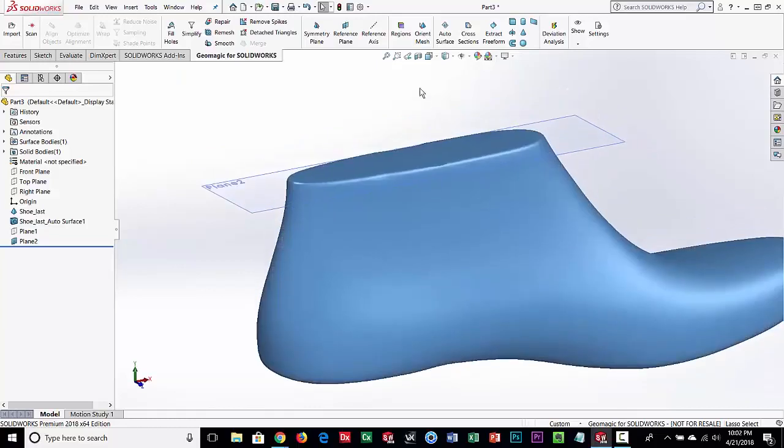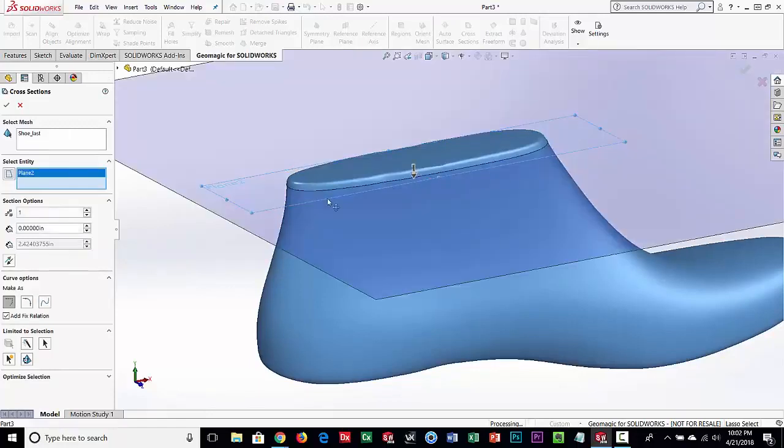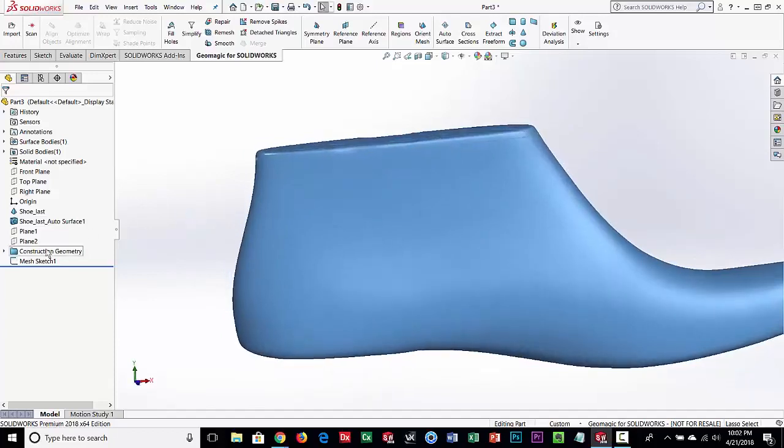So what I want to do now is run a command called cross section, and I'm going to pick this plane, and you can see what it's doing. It's actually cutting a plane through the scan data and creating a sketch. So let's go ahead and take the default, and if we hide that plane, and let's hide the mesh, you can see this a little bit better.